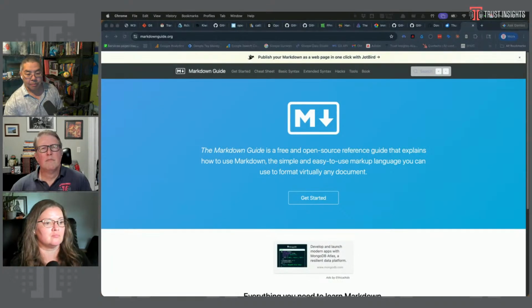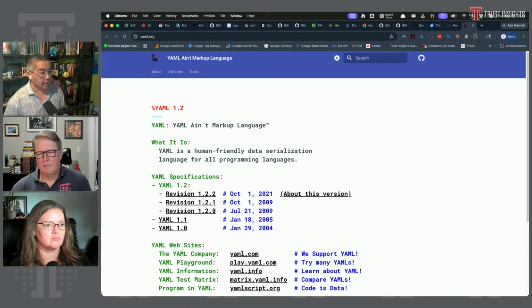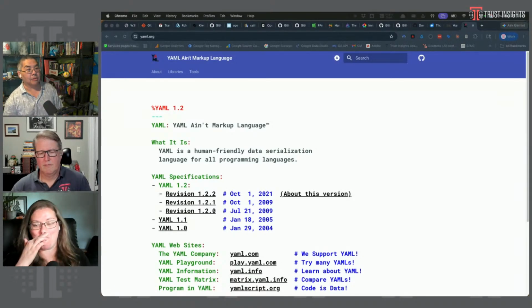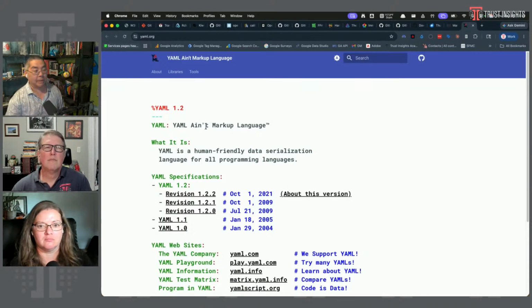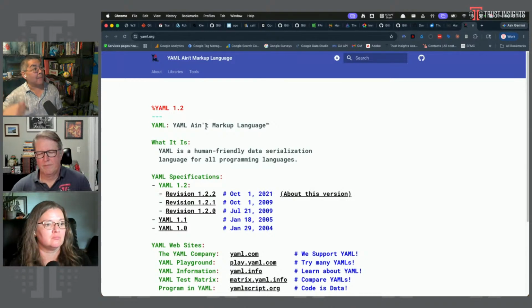And the third format, particularly for data, and this is something that is good both for archiving and for AI, is YAML. YAML, depending on who you ask, either stands for YAML ain't a markup language or yet another markup language. It is a way to represent tabular data in linear format so that AI can read it more easily, because AI sucks at reading tables, or it allows you to store data in a very compact format. All right.